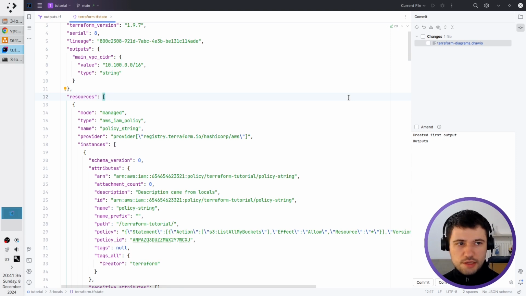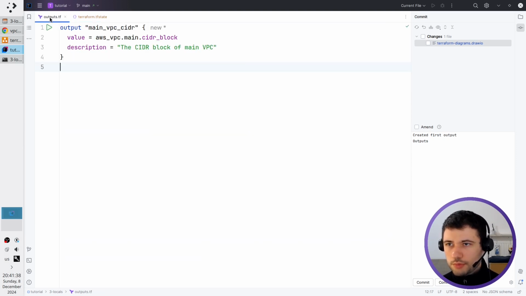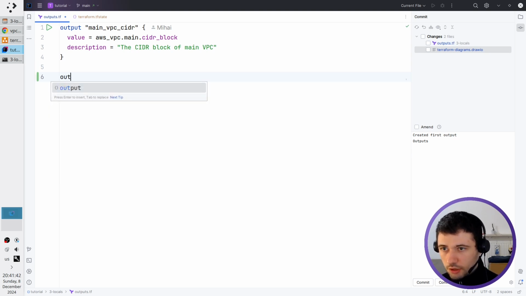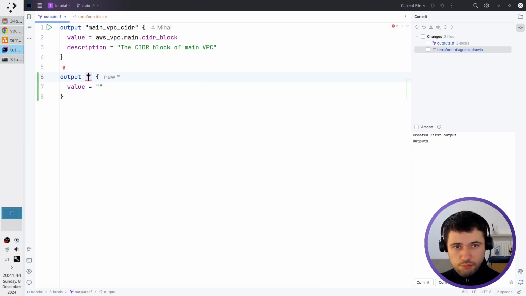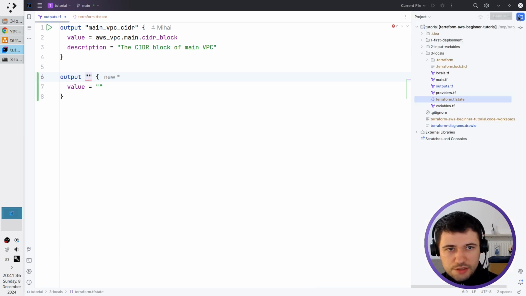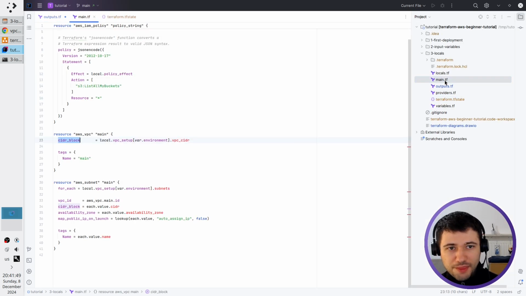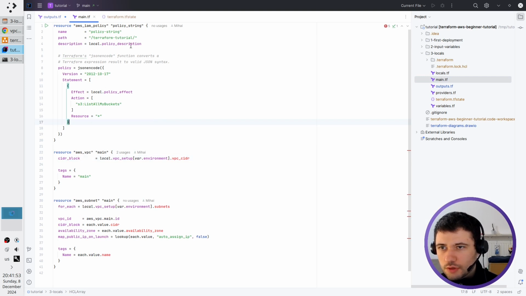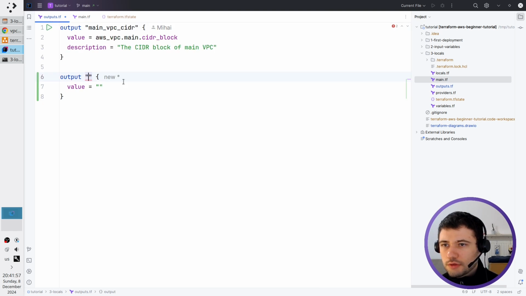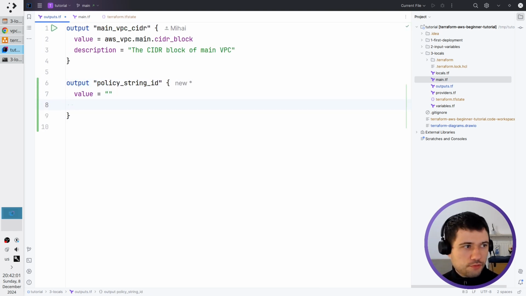Let's create a sensitive output. Go back to the output file. Create here output. And the problem is I don't have any sensitive variable or value which I want to hide, but I will take something from the policy string, and it will be policy string ID. The description will be